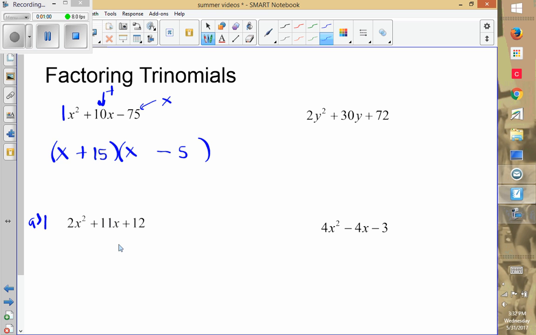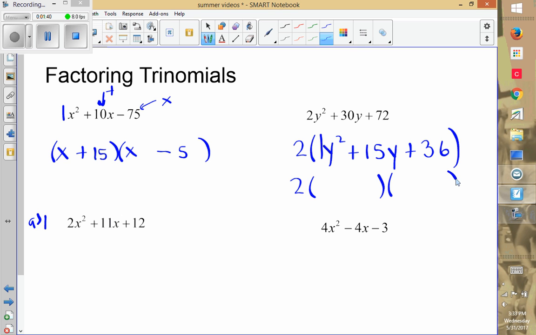You do want to always look to see if there's a GCF. This next problem over here, 2y squared plus 30y plus 72, looks like it's going to be one where we have an a greater than 1. However, you still always want to look to see if you have a GCF first. Factor that GCF out if you can, which in this case, they are all divisible by 2. So if I factor out the 2, now I have a coefficient of 1 in front of my squared term,